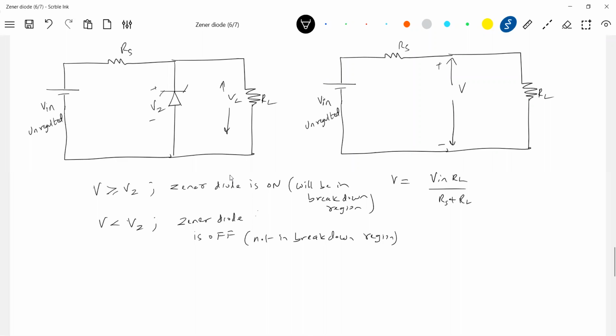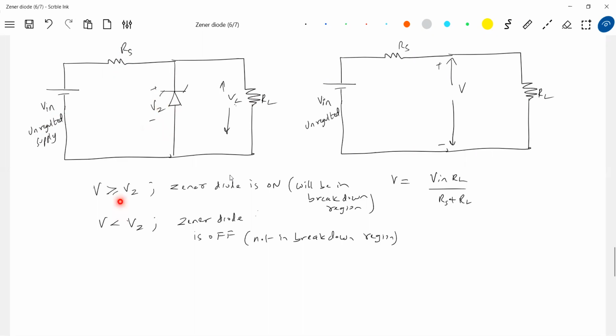So all this determines how much VL is needed. That depends upon the equipment: how much a mobile needs, 5 volt; how much a television needs, 18 volt. That's what the VL is. Again, don't think that VZ will determine VL. No, the VL will determine VZ. So I'll calculate the VL. Then I know what unregulated voltage supply is available. Then VL and RL are fixed here, for any given experiment. Then this is available. Suitably, I'll choose the value of RS. Then I'll begin. Then what type of Zener diode should I pick up?